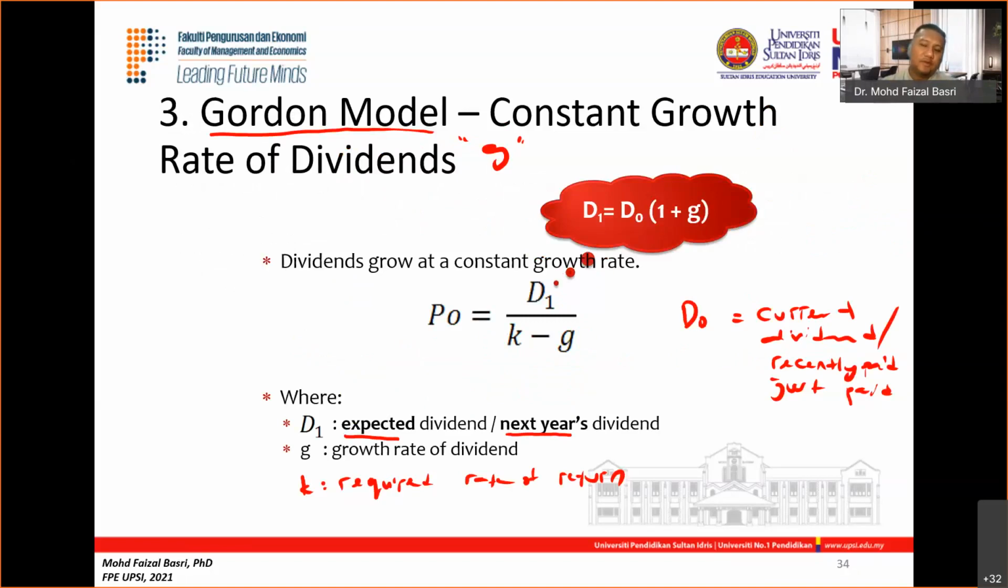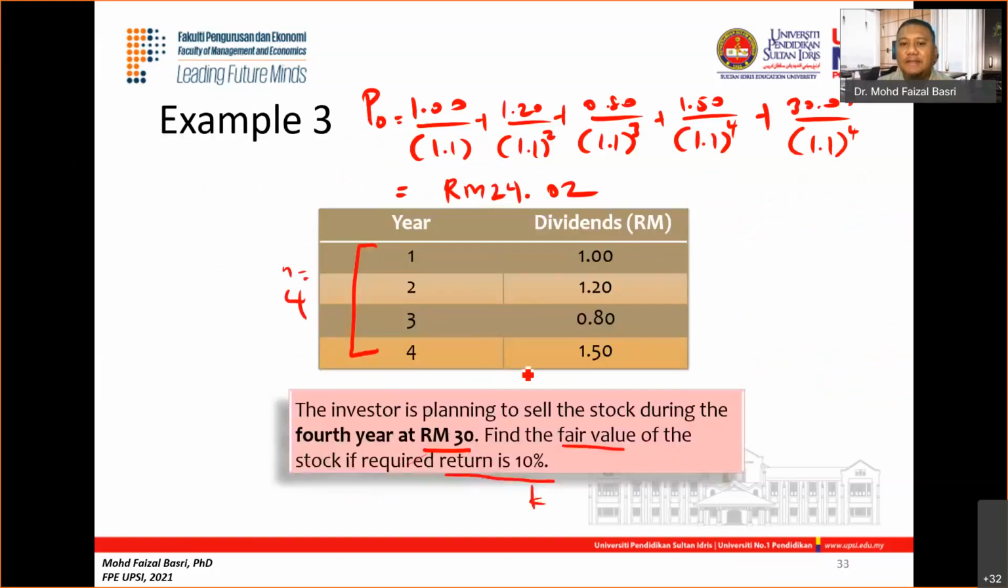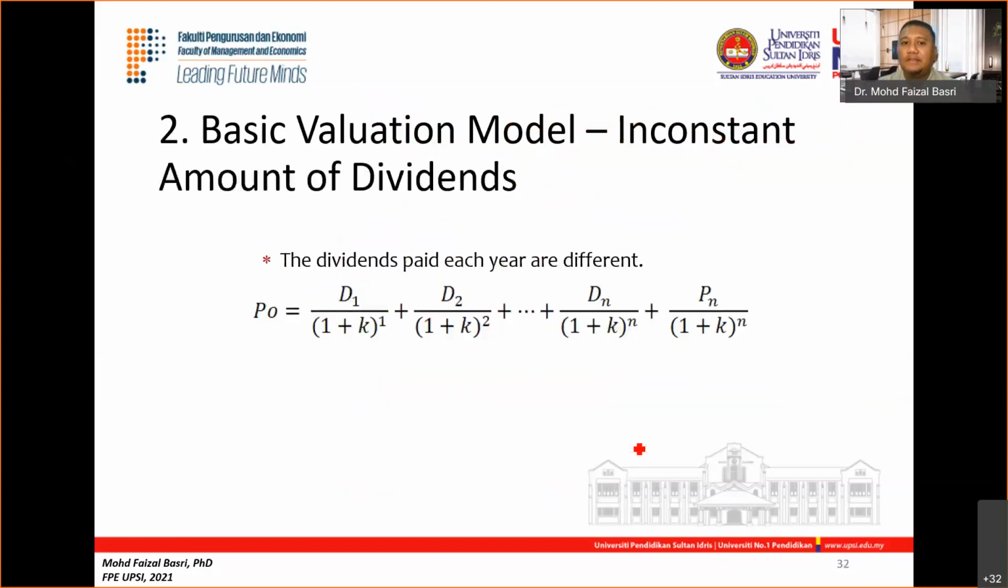Before we move to the fourth model, I want to recap the first 3 models. All of the examples I used were asking us to find the price of the stock today: the fair value, the intrinsic value, the present value. Just to let you know, there's a possibility that the question, regardless of the model, asks us to find the price of the stock in the future, not today. For example,